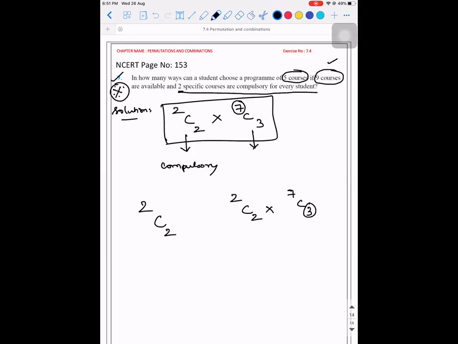Sir, then if it is 9C2 as he tells, will it become like from the 9 courses, we have to choose 2 courses, sir? 9C2, no. See, 9C2, if they say, from the 9 courses, you need to choose 2 courses, for example, then the question should have been like this: how will you choose 2 courses, and this part should not be there. Then you can say 9C2, because 9C2 is an open option. There is no compulsion on it, right? Okay, sir.